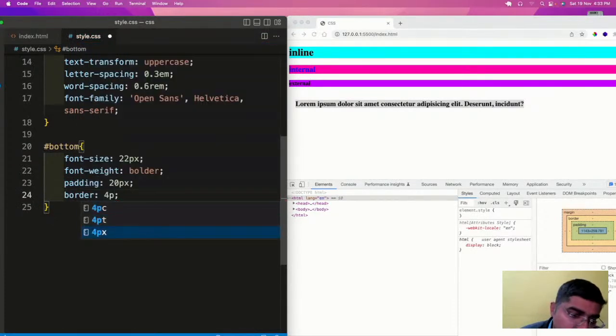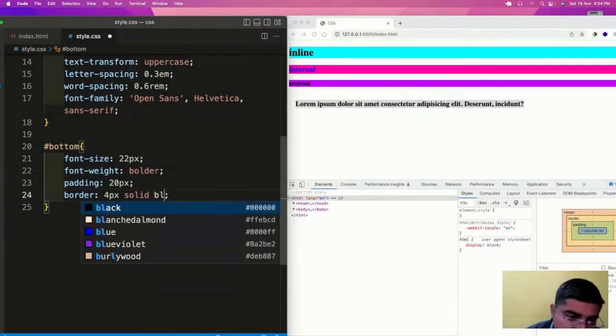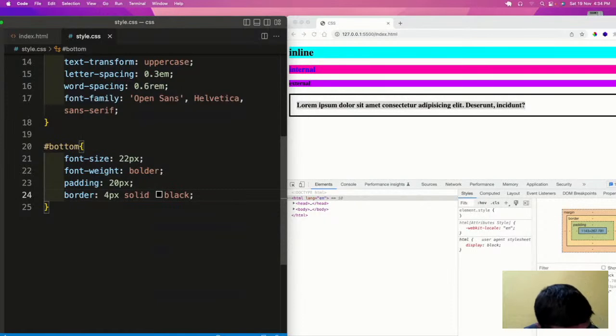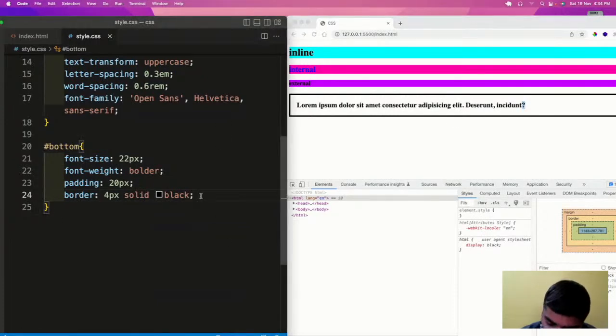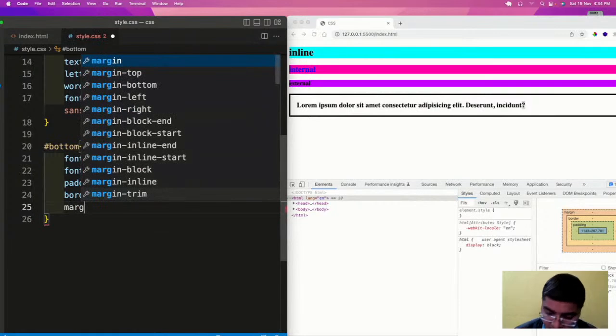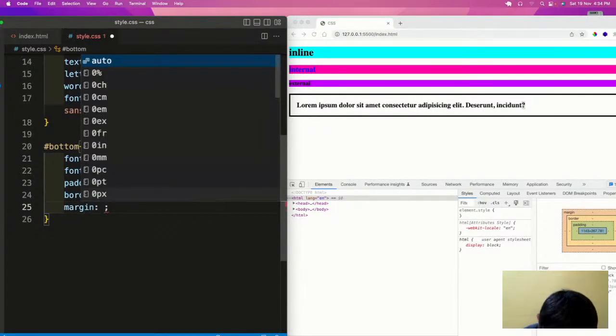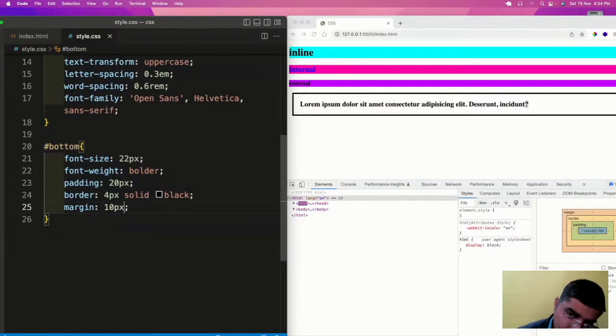Let's say a border of 4 px, solid, black color. This border is 4 px wide, solid, and black. Now after this border we have margin, let's say a margin of 10 px.